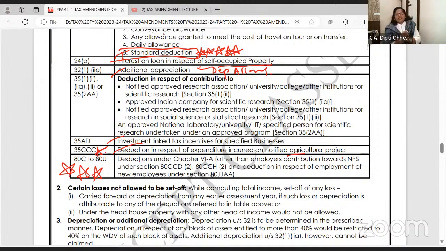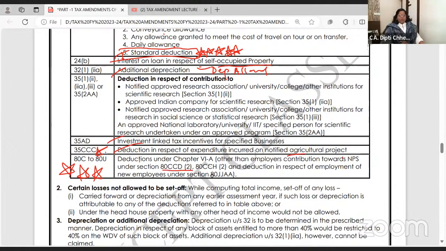If you are filing your return under default tax regime, then 80C, PPF, 80D, Mediclaim, 80E interest, all those chapter 6A deductions will not be allowed. Ma'am, then will gross total income itself be the total income? No, you will be allowed 3 deductions in the default tax regime. In normal tax regime, 80C, 80D, 80G donation, take all. But if you are filing your return under default tax regime, you can claim